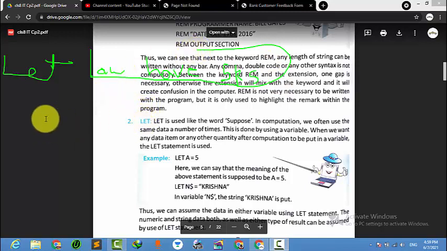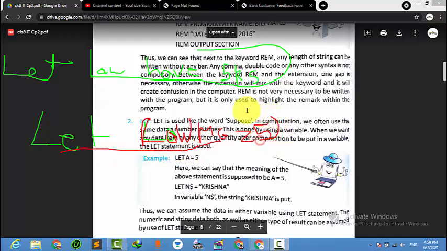Similarly, the computer makes a shortcut. LET LOMA equal to 5.